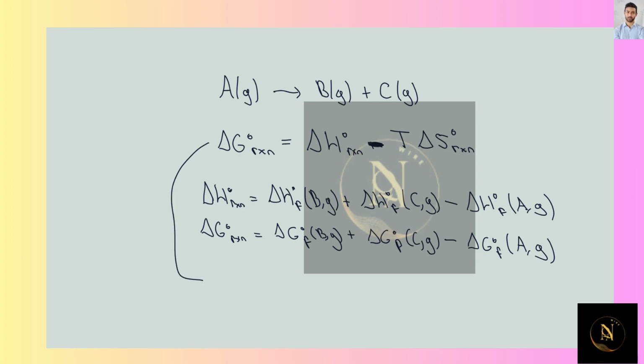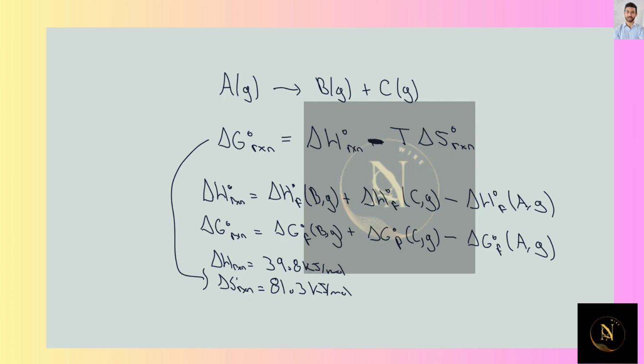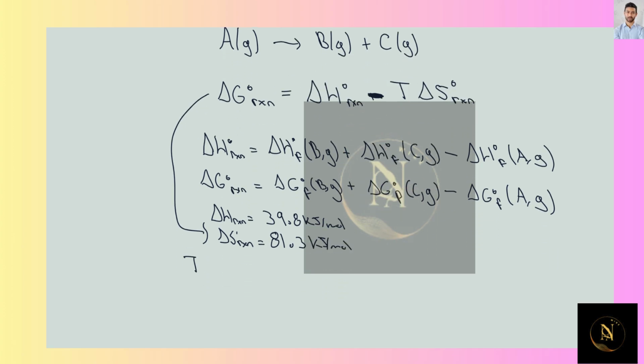Just for exemplifying this one over here, we know that delta H of the reaction is equal to 39.8 kilojoules per mole. We know that delta S of the reaction is equal to 81.3. So let's say that we're working at a temperature equal to 298 Kelvin, that is the standard temperature. So the delta G for the reaction in that case would be delta H minus T delta S, that is